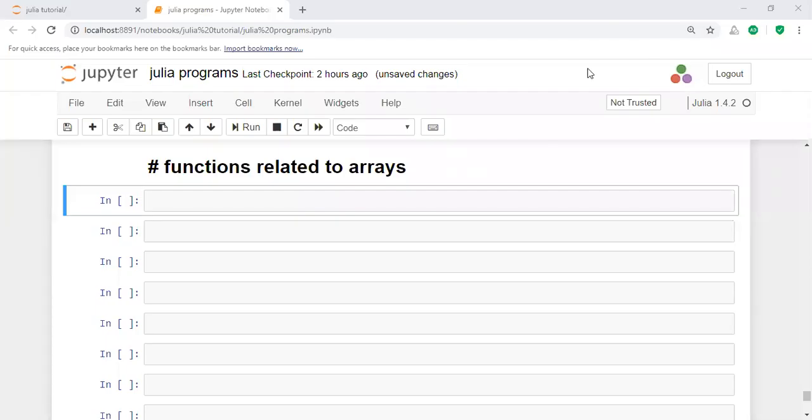Okay, good morning. In the previous session, we discussed what an array is, how you can apply an array, what a vector is, and different vector-related functions. Now we are going to learn about some of the functions related to arrays. What are the different functions that exist here?